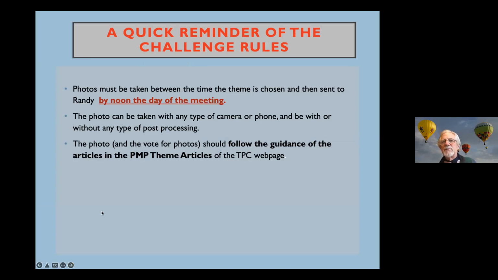Quick reminder of the challenge. The first one is kind of a funny one. You got to send me your photos for the theme by noon the day of the meeting. I got 3 of them within 5 or 10 minutes of the meeting today, which is perfectly okay. I'm glad to have them, but I really appreciate those of you who send it a little bit earlier than that. The photo can be with any type of camera,